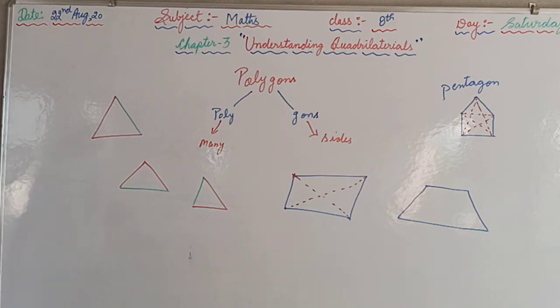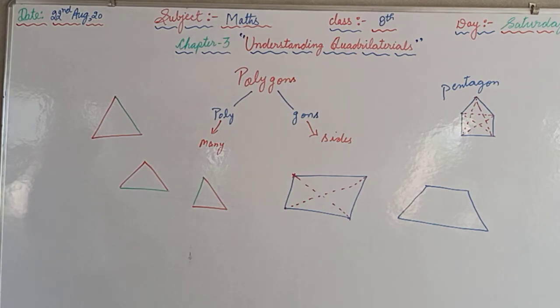That question is, what is the sum of the measures of the angles of a convex quadrilateral? Will this property hold if the quadrilateral is not convex? Make a non-convex quadrilateral and try. This you are supposed to discuss afterwards. But the angle sum property of a quadrilateral is 360 degrees, meaning the sum of the angles of a quadrilateral is 360.